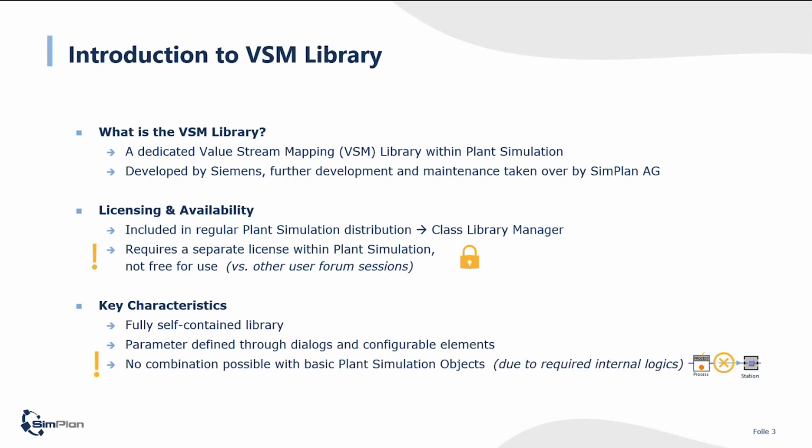So often it is asked, can you combine it with Plant Simulation basic objects? That is also not the case. Due to internal logics, for example, an order is coming into a station, which is withdrawing parts from an inventory. There are internal attributes and internal methods which are calling each other, and that's why a simple combination with basic objects is not possible, at least for now. We can't promise anything, but we have heard it before that it might be a good extension to keep in mind, and we are always thankful for input or feature requests.